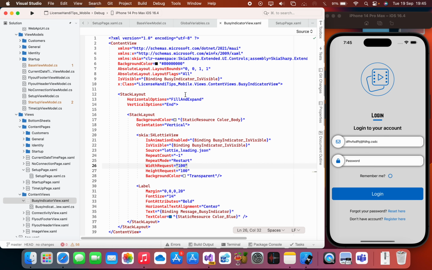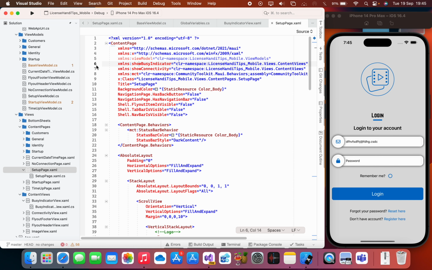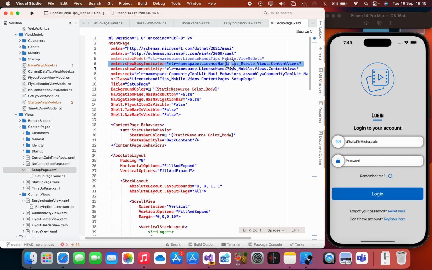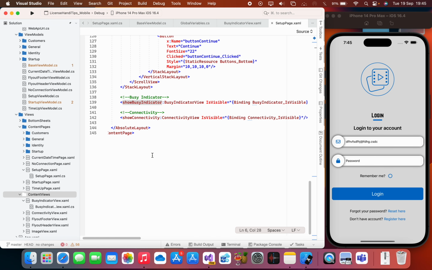It's reusable. So the question is, how does the setup page know about it? Because this is why I say, listen, namespace, I need you to go and look into the project mobile application, the views folder, which is this one. I need you to look into the content views folder, which is this one. There you will find what? The base indicator. So I have that guy. So at the bottom, here it is. Base indicator. At the bottom, I'm saying show base indicator, base indicator. It's me accessing this guy,